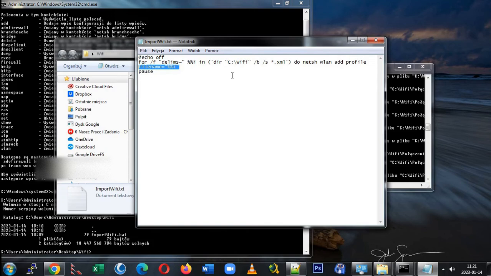Listed in the previous command. Pause is used to pause the execution of the script and wait for the user to press any key before continuing. In summary, this script will import wireless profiles in the form of XML files located in this folder and so forth, using the netsh command, and will wait for the user to press a key to continue. And remember, you can change this to your own